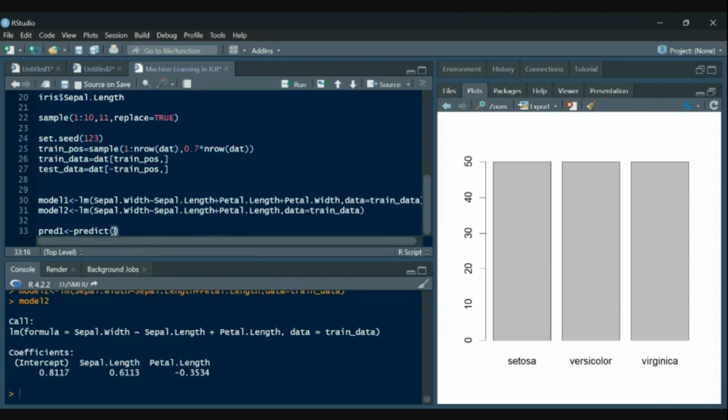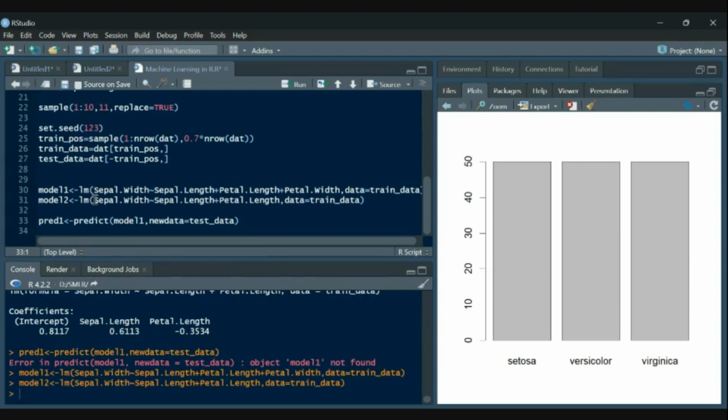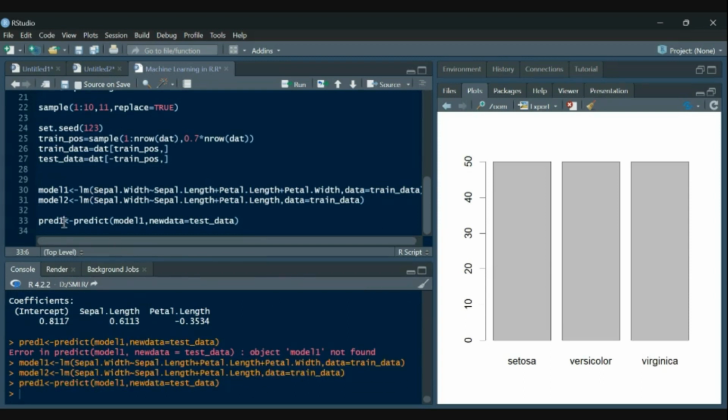We will give the name of the model, then on which data it should be working, so newdata equals test data. Let's see whether it works or not. Model 1 is not found. Okay, let me run it again. Now it should work.